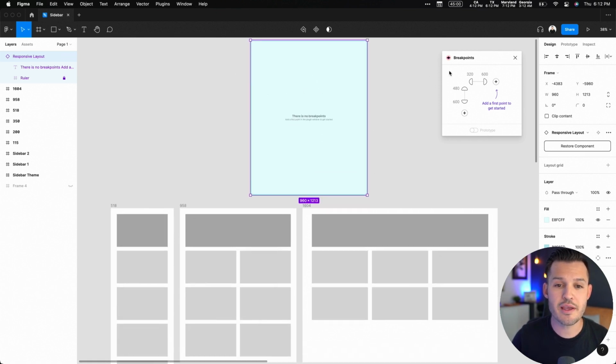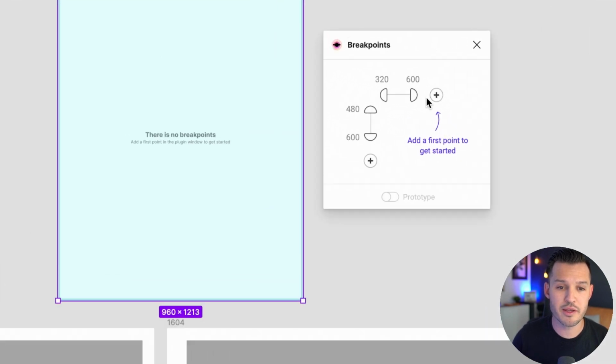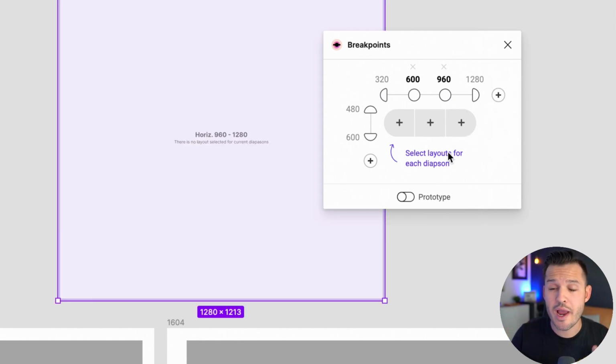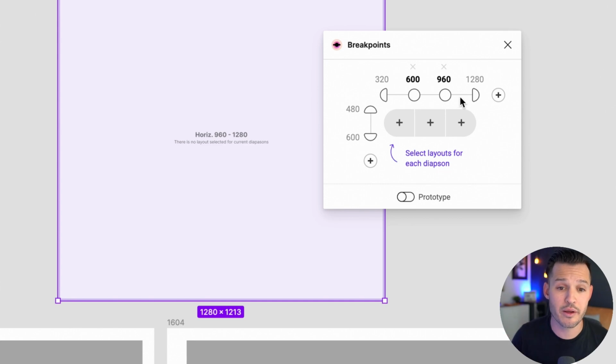And then what we're going to do is, if we see our little Breakpoints plugin over here, we need to add some breakpoints inside of this. We could actually do it for vertical as well, but we're just going to stick to horizontal for now. Let's add 2 more breakpoints. The reason we're adding 2 more breakpoints is because it's provided now 3 potential screens that fit in between these breakpoints, and that's how breakpoints work. We say, hey, in between this point and this point, do this thing,